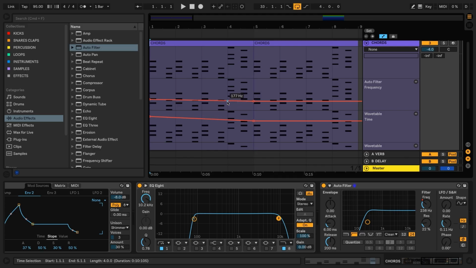And let's create a filter sweep here from bar 4 to 5. So I'm going to click to add 2 breakpoints and hold Command to free it from the grid so it doesn't snap. And let's just bring this up a little bit here. Cool, and I'm gonna bring that down just a bit, about 600, and create a little bit of bend in